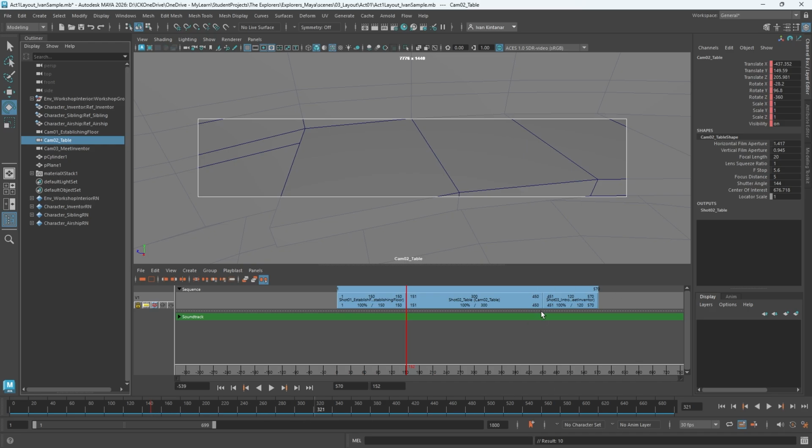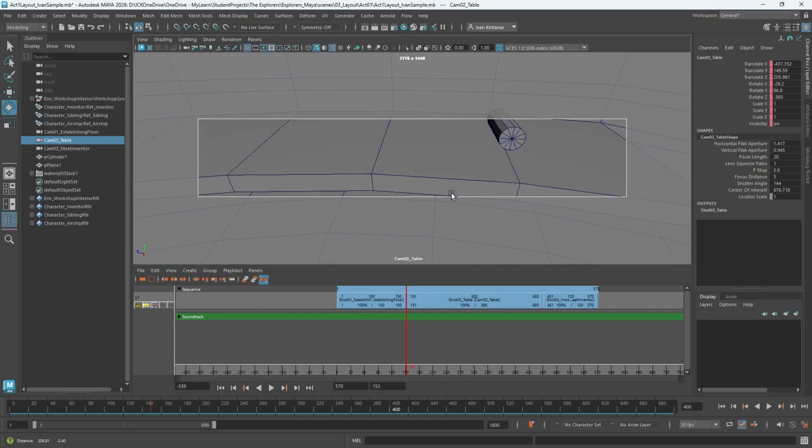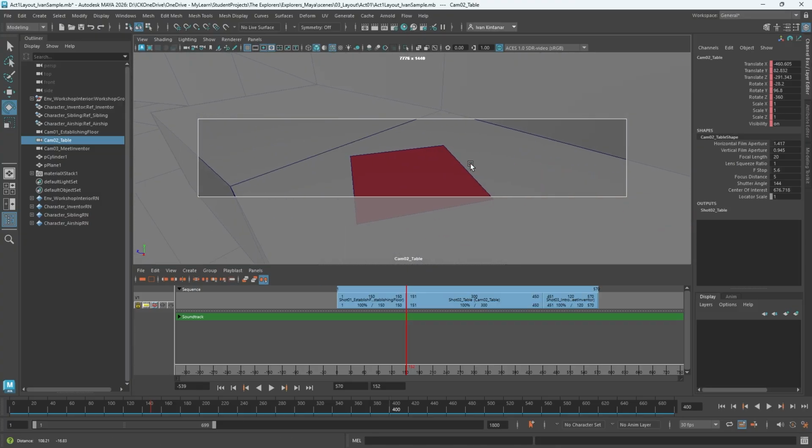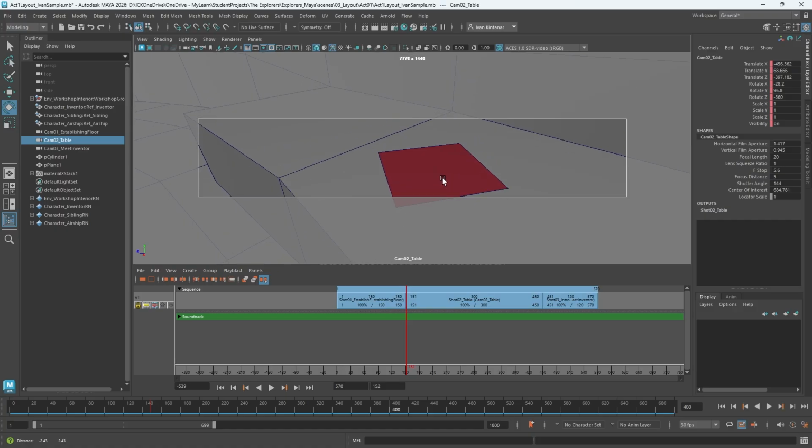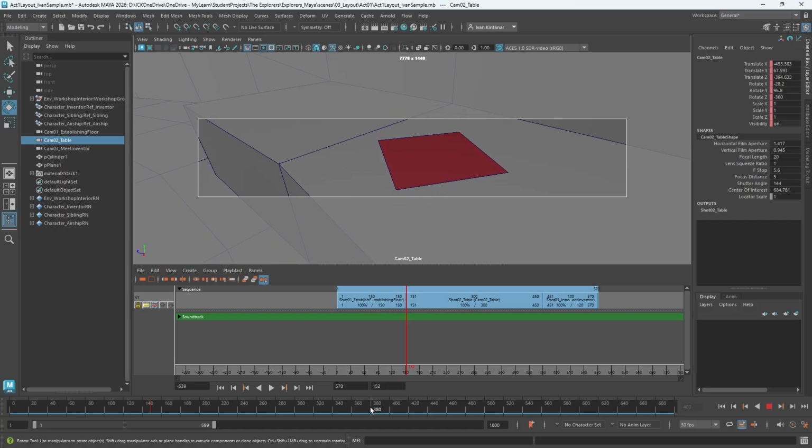And then remember, we need the shot to be ending at around 450. So I'll just go maybe 400, and maybe I'll just move this all the way through here. The idea behind that is I want to spend a few seconds with the camera here. So maybe at frame 380, I'll set a keyframe there. And then maybe here,